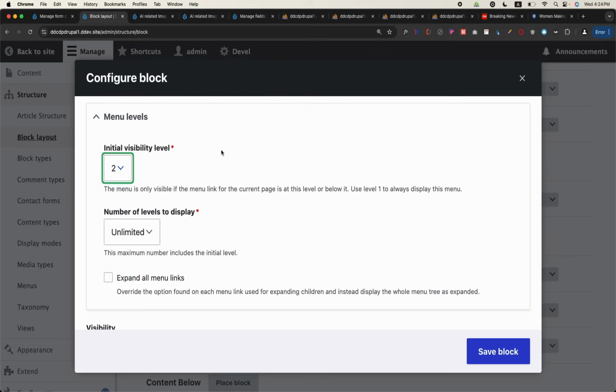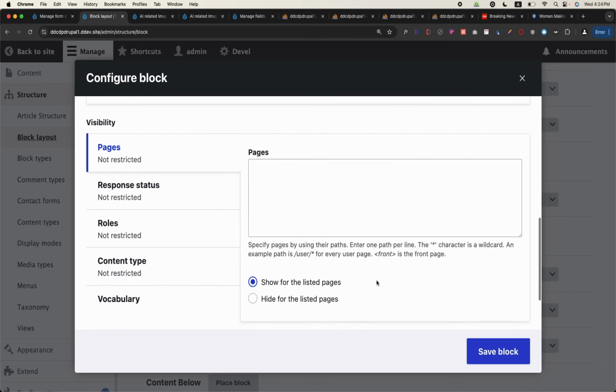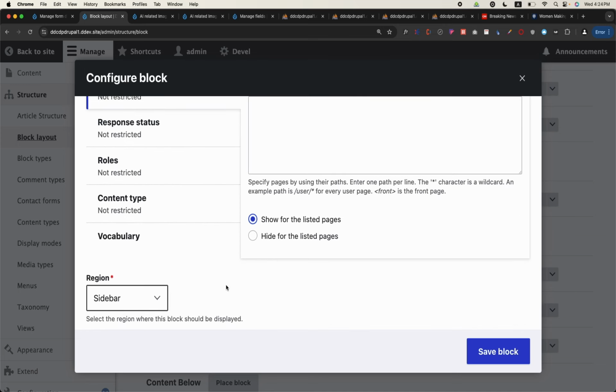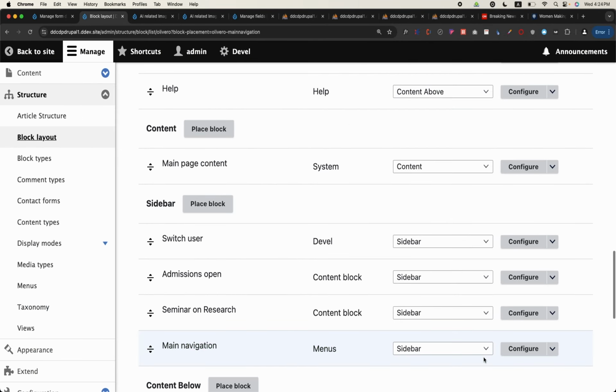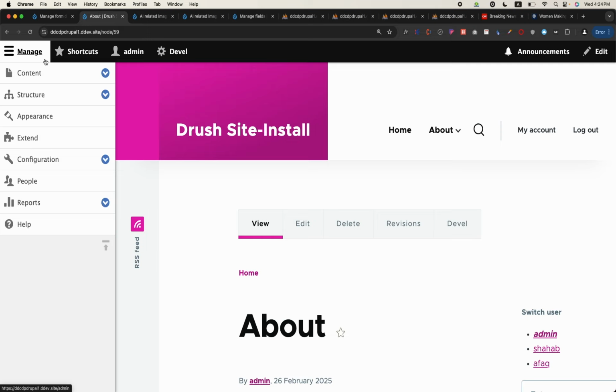What does this mean? If for example the about is clicked, so the sub menu should be only shown, otherwise not. You can expand all the menu links. And where do you want to show it? In the region sidebar. Save block and save. So if I go back to the site on the home page,